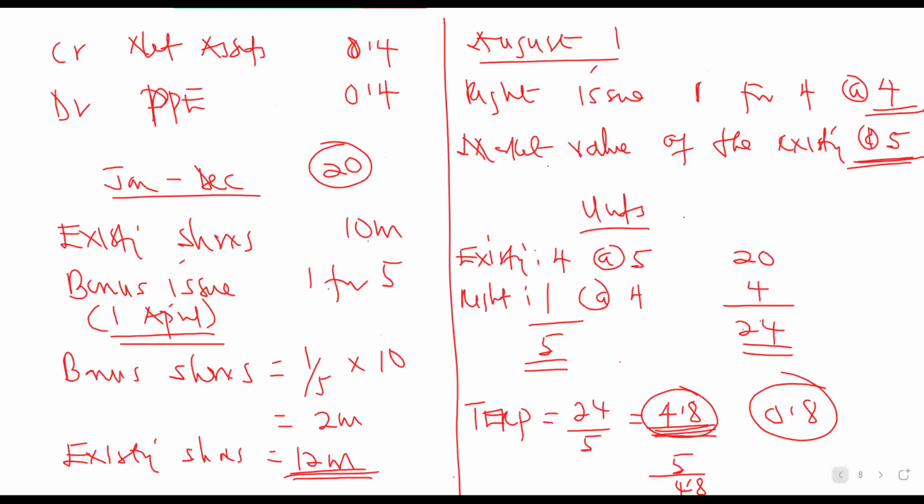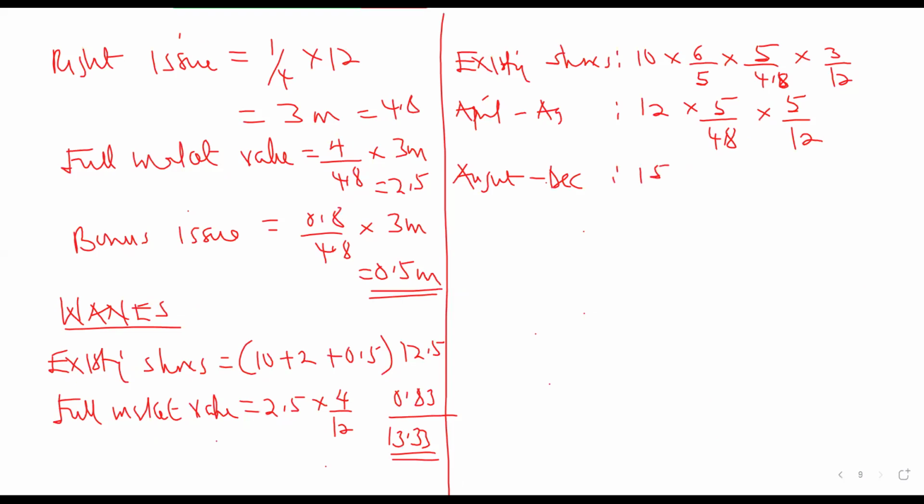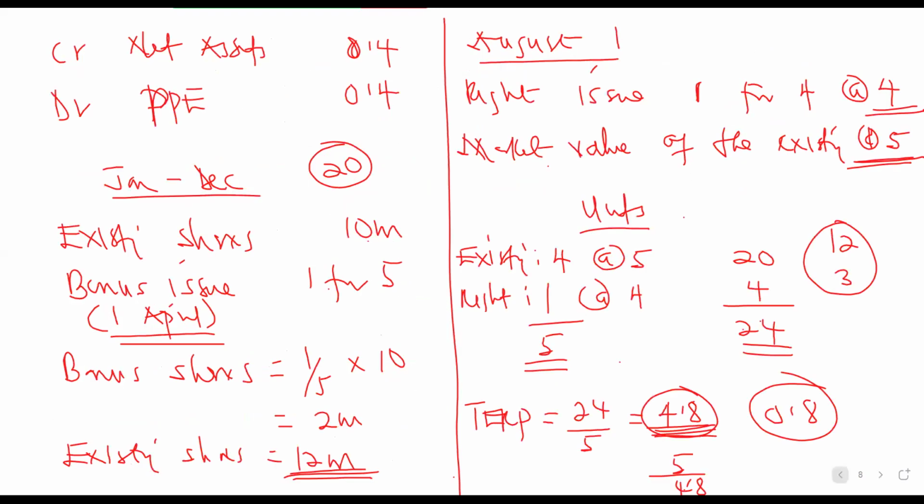Your total number of shares will now be the 12, which is a bonus issue. Then the right issue of 3 million will now be added to it. You'll be having 15. So 15 multiplied by 4/12. But this seems to be more complicated. You'll be getting the same answer at the end, but this seems to be more complicated. So you apply the bonus issue first on the shares. You'll be getting 12 million. Then you count your right issue. The right issue will be made on the existing shares, which is the 12 million. So you'll be getting 3 million. You ask yourself, which portion of those shares represents a bonus issue? So the bonus issue, you just come and add it to the existing shares like that.